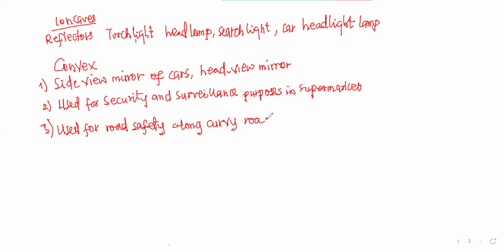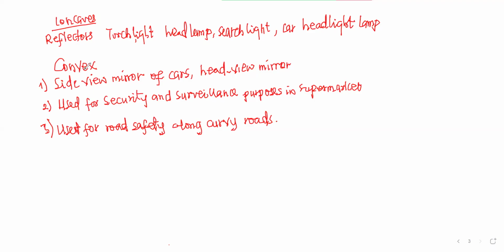So as you drive and you get to curvy roads, you see these mirrors mounted so that when the driver gets to that part of the road, he can have a clear view of his back. When you look through, you can have a clear view of your back in order to watch traffic and all that. So it is also mounted along curvy roads for road safety purposes. Let's understand